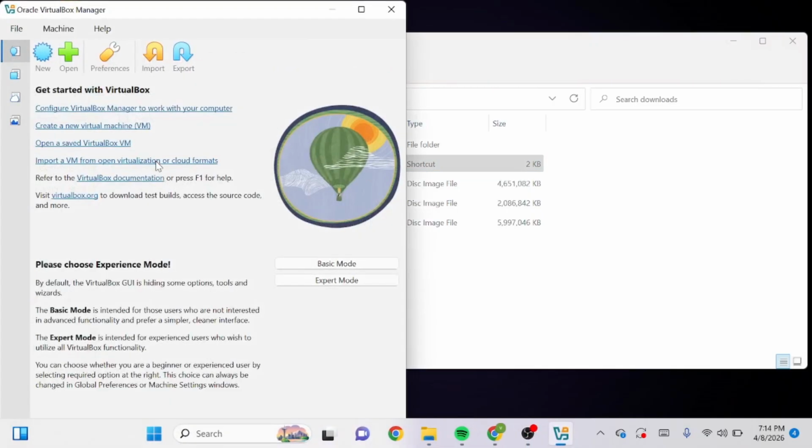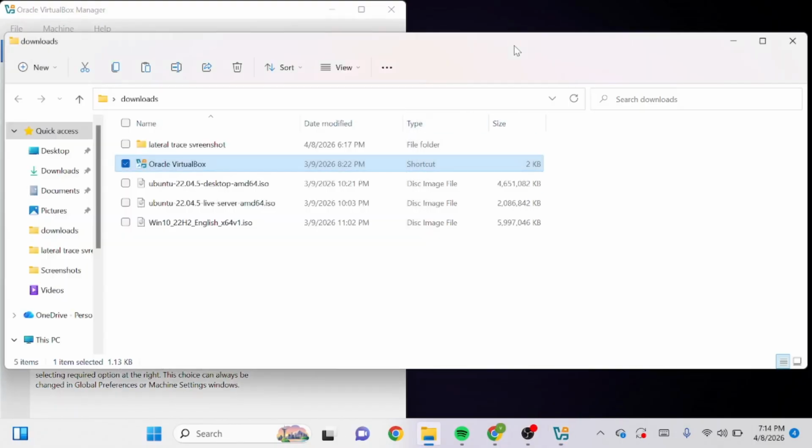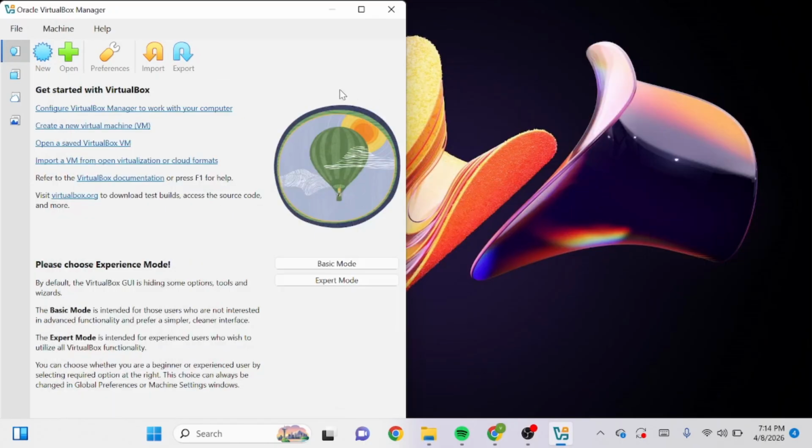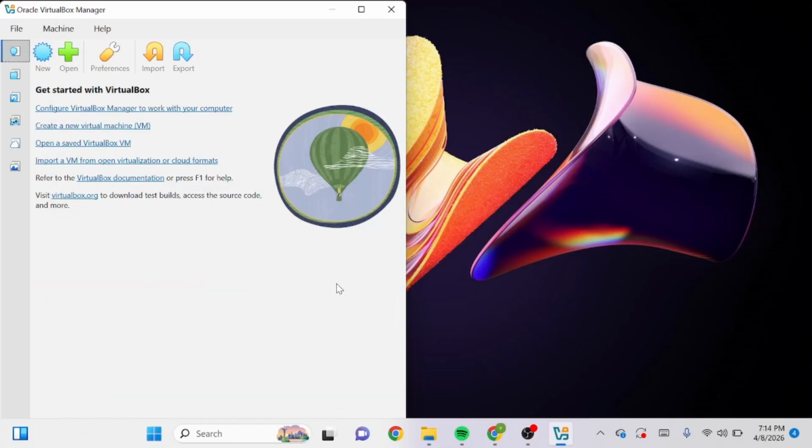Most people fail at lab builds because their network isn't isolated. We are doing this the professional way, guys. So by the end of this video, our Ubuntu server and desktop will be communicating on a private, secure virtual network ready for monitoring. So then we'll have to choose our expert mode because we have to do it the